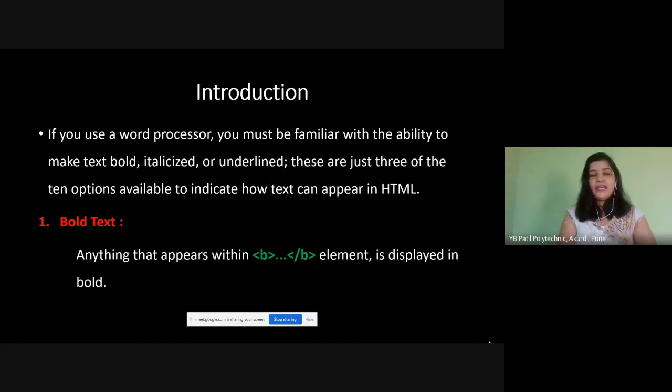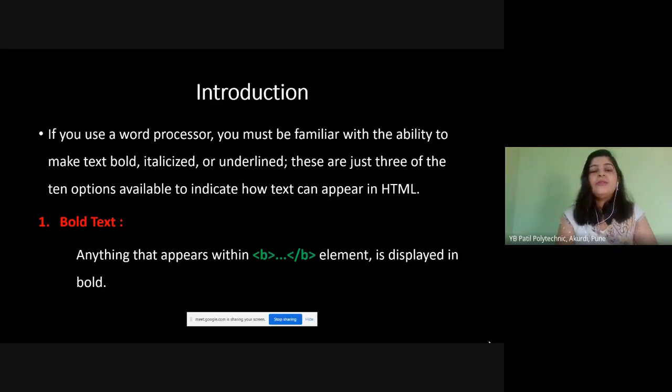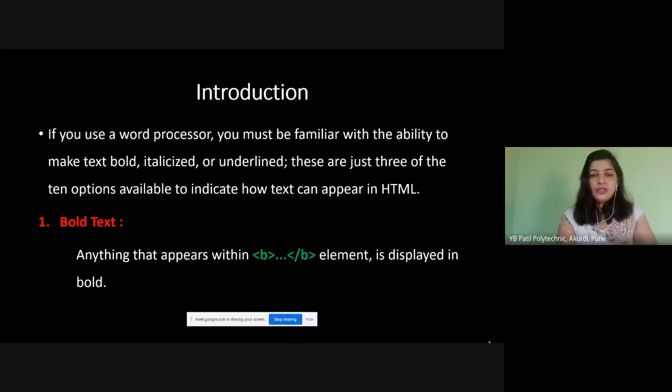All of you might have used Microsoft Office Word, where we have options like making your text bold, italic, or underlined. These are some of the options provided in Office to represent your text to the user. So what text formatting actually is, is how to represent, how to display your text on a screen or to any user. That is nothing but your text formatting.